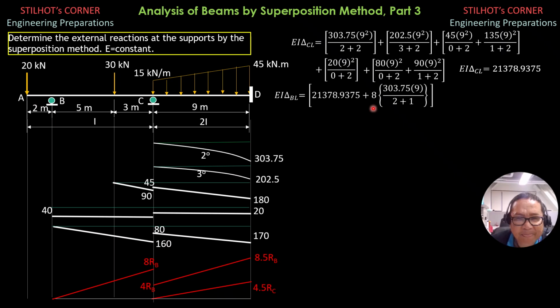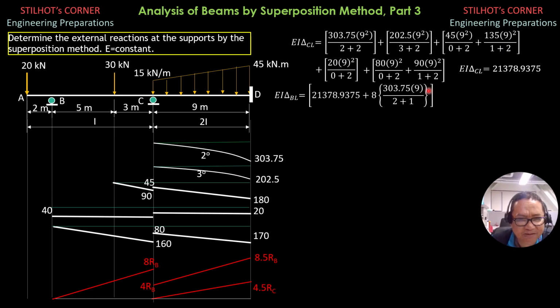Later, so let's solve first for the deflection at B here due to the load. Due to the moment diagrams of these loadings for portion BC, it was already calculated equal to that. So we will just add additional deflection at B due to the slope at C. So first,